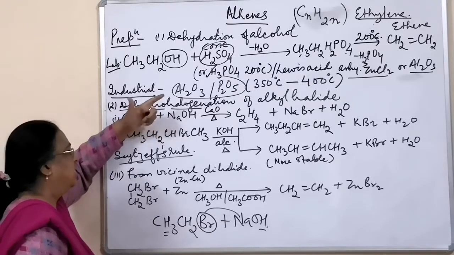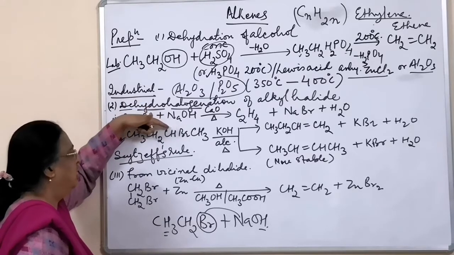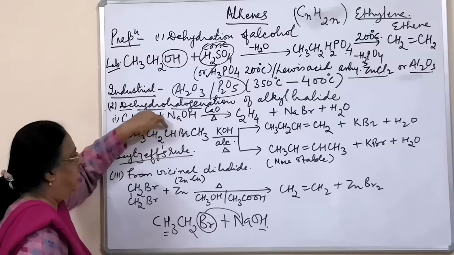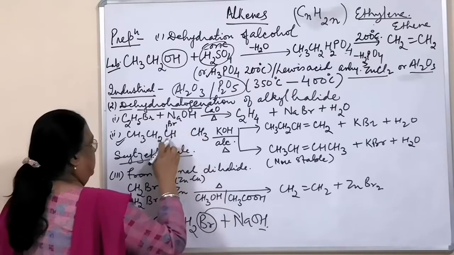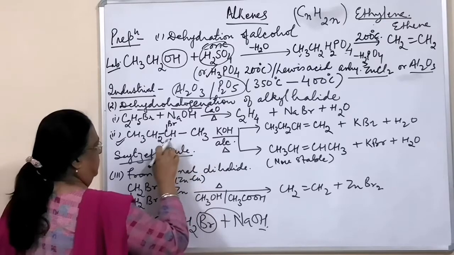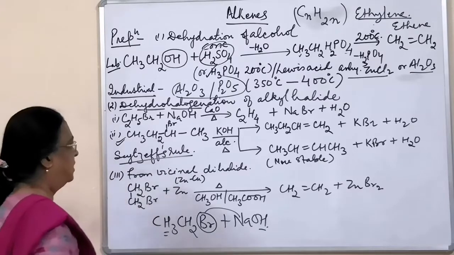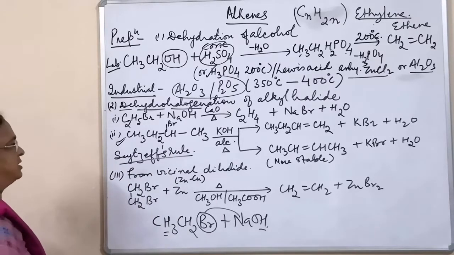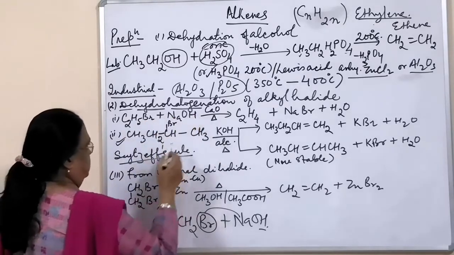When the halogen is not at the terminal, but on a carbon in the middle. If I show this like this, Br here, then on one side of this carbon you have only one carbon, and the other side you have two. So it is unsymmetrical. And when we have this case, we will not have just one product, we will have two products. As I told, it is dehydrohalogenation.